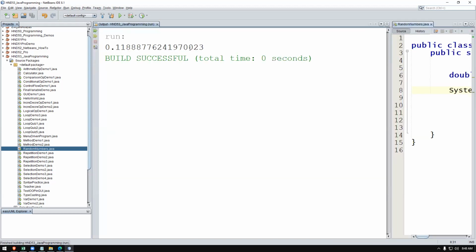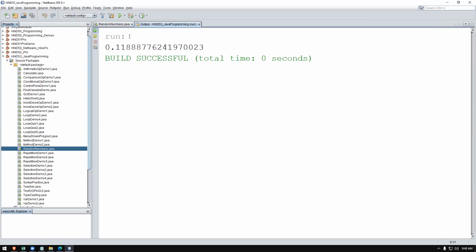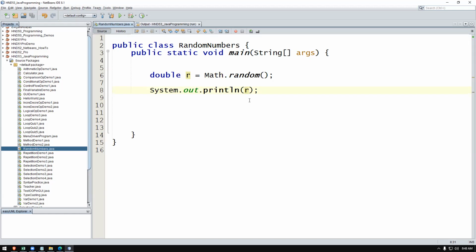This is the number it is generating. So 0 point some number will come there, a big number is coming. That's number one. That is how you first of all generate a random number. Number two, when you want to make use of these numbers, maybe in the range of 1 to 10 or 1 to 100, you need to know how to convert this into an integer or into a float. Anyway, it returns the value as double. So I'll show you how it's done.